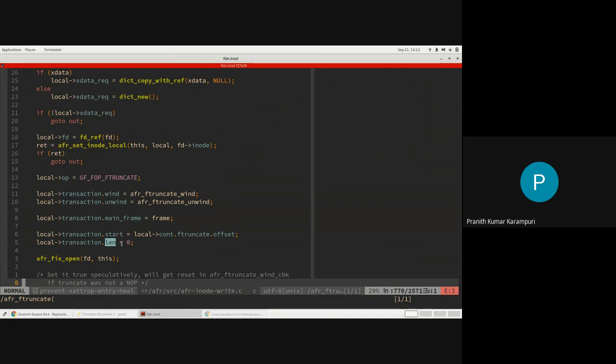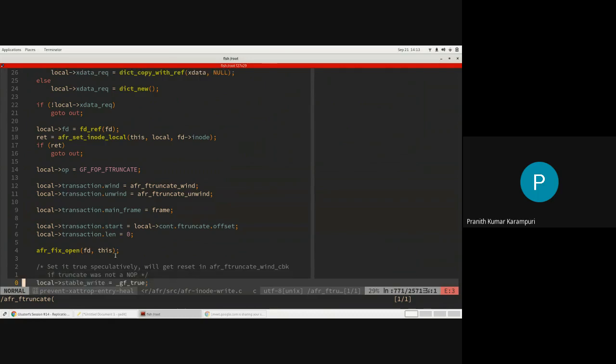Since the truncation is going to modify data from the offset that we mentioned till the end of file. End of file is like infinity. So you set the length to 0. Length 0 is generally treated as infinity. It gets transformed somewhere to become a long max minus 1, but this is the notation.